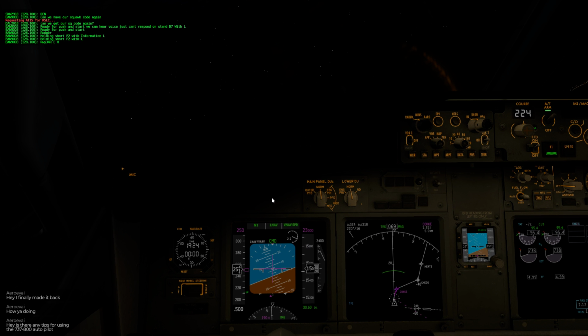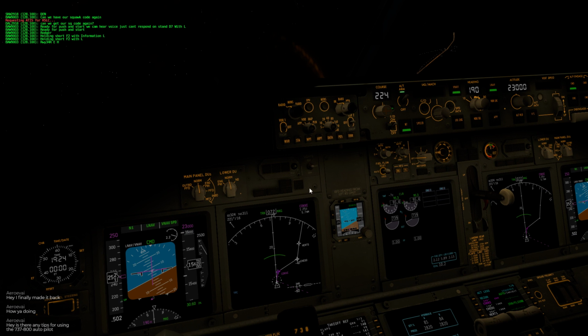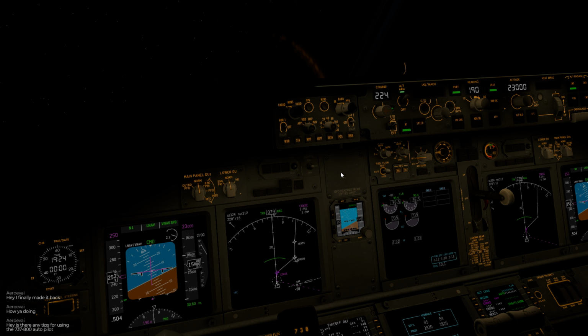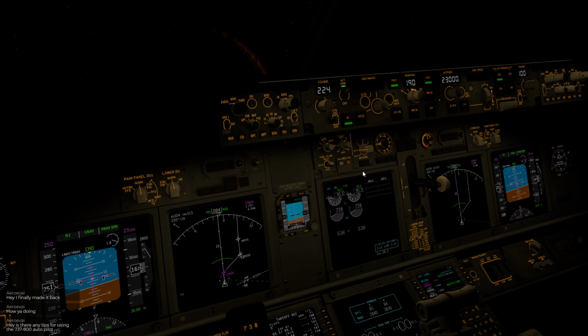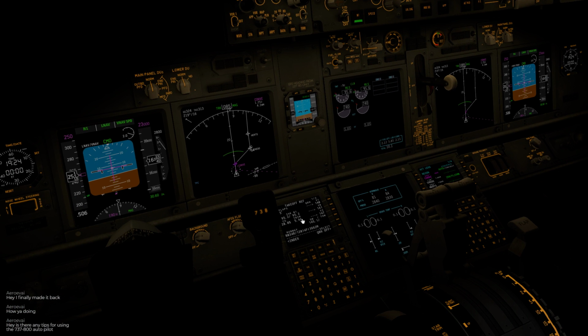Any tips for using the 738 autopilot? Depends on what level of realism you got. If it's FSX, like if it's an FSX default 737, then that one only works in heading, and it'll follow a basic GPS track. But with this, what I do is I've actually got the ability to program in SIDs and STARs, which are